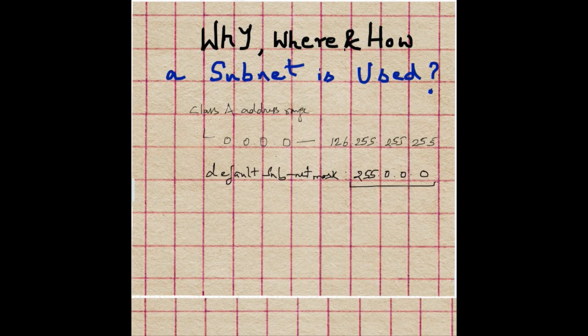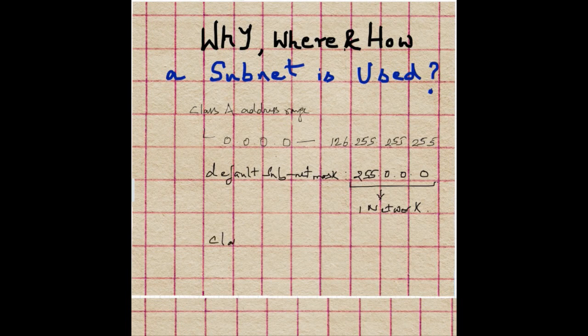So earlier we have seen how the subnets can be created with a default subnet mask, and that will allow us to create more number of networks. In the default subnet mask, only one network can be created. That is, one network is possible. So how to overcome this problem? We have seen earlier how to create more number of subnets by borrowing the host bits into the network portion.